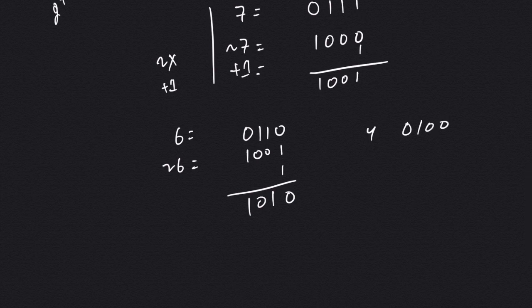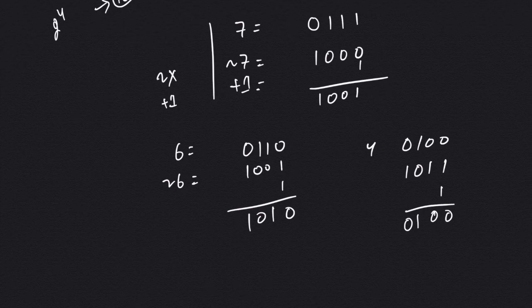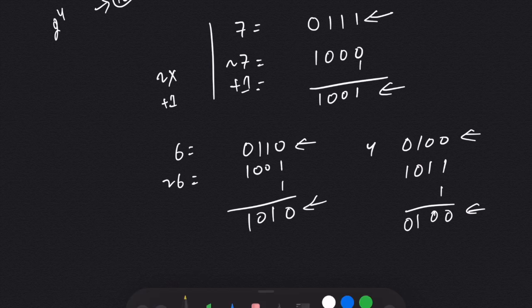4's complement is 1 0 1 1, and if I add 1 to it, it will become 0 0 1 0. All right, so this is how we take the 2's complement. And you find one thing, that the number and its 2's complement have only the rightmost bit same. The rightmost bit of 7 is 1, and the rightmost bit of 7's complement is also 1. So these both are